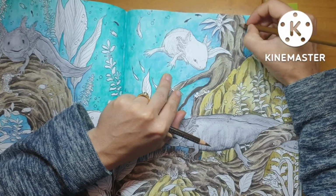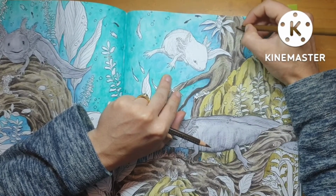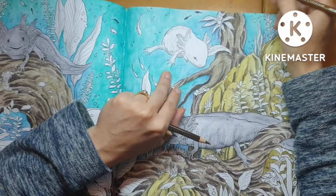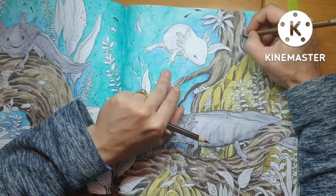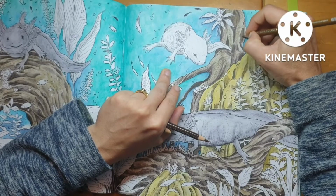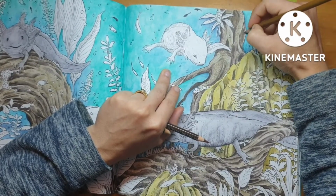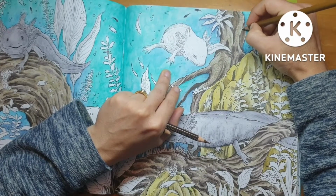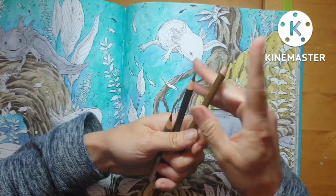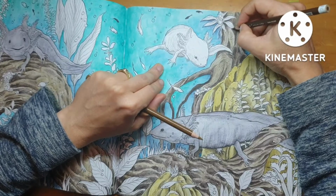Now, because we've got a base layer, I'm not going to worry too much about how many layers I need. I've got already quite a nice amount of layers. But what I am going to do is just improve on this and really make it come out and pop. So if I come in with my midtone, which is dark brown PC946,